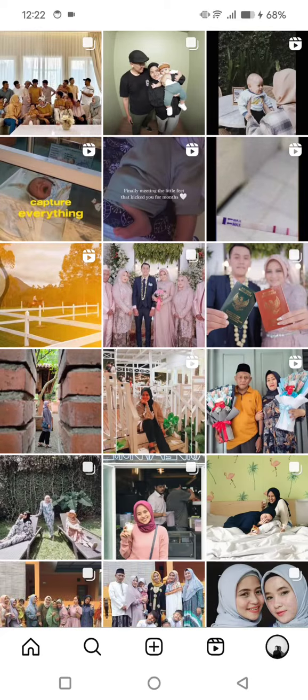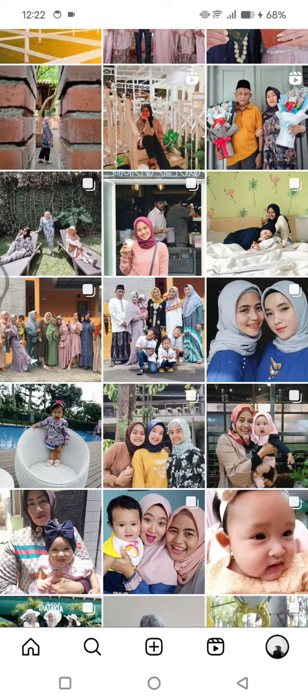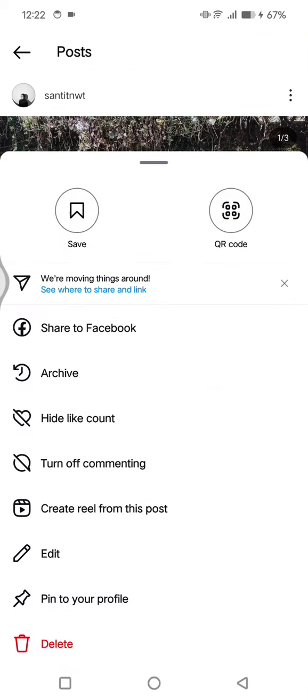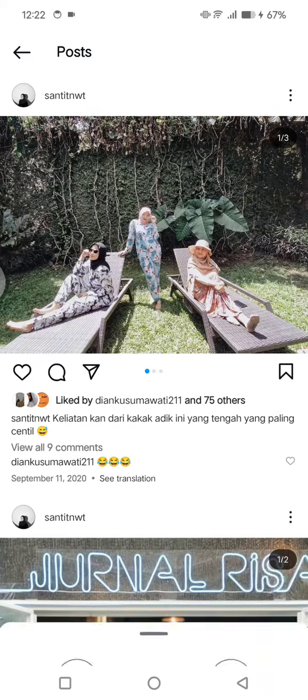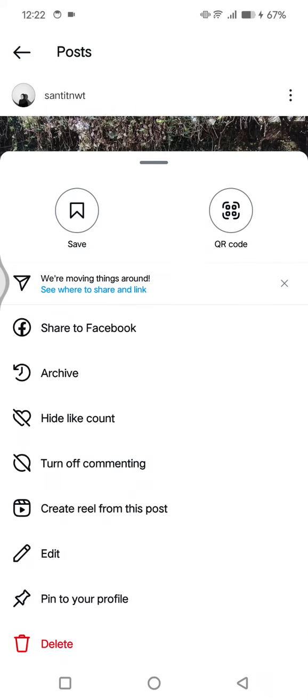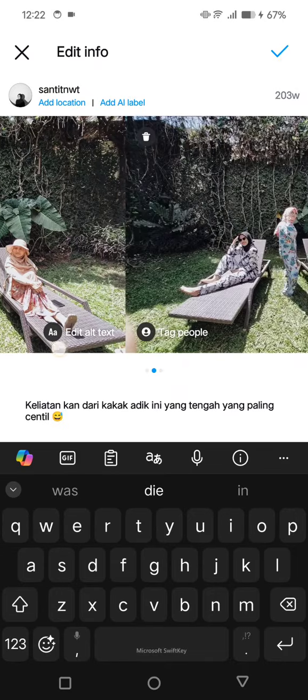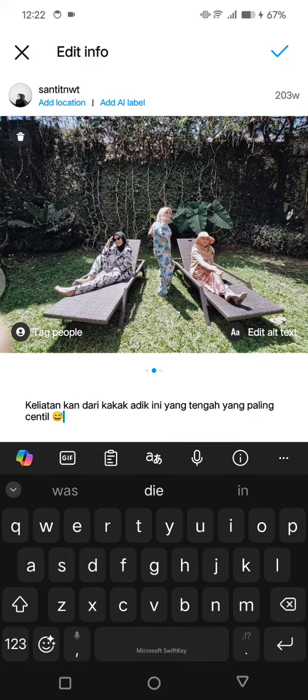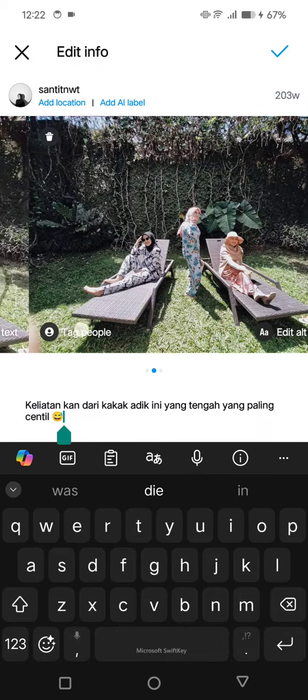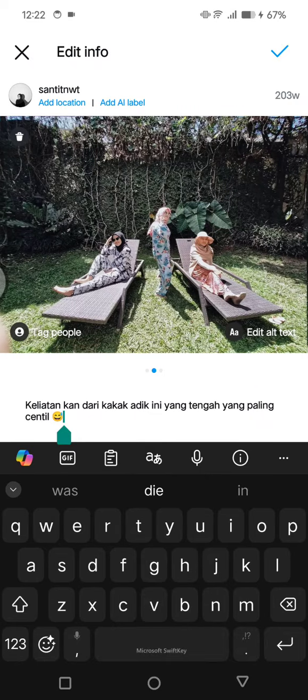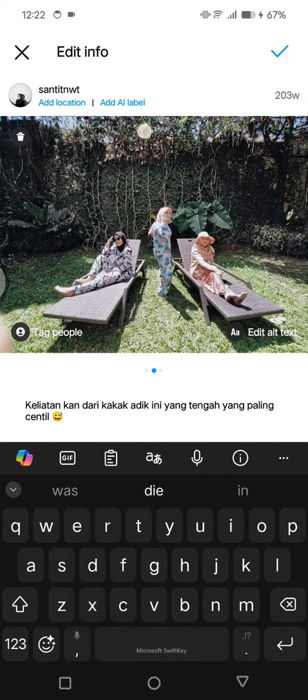For example, in here, I'm going to edit this post right here. So just click on the post that you want to edit and click on the three dots icon at the top, this one, and you'll see there is this edit option. So tap on edit, and under the edit you can see that you can edit the captions, you can tag people, you can edit alternative tags, and you can also add locations,